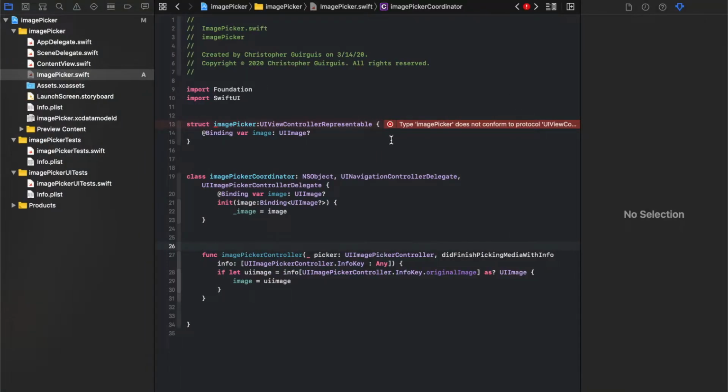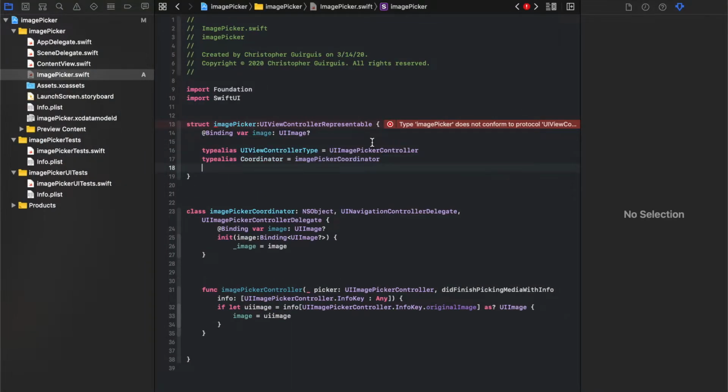Okay, so this one right here is pretty much telling us that the view controller type is an image picker controller, and this is setting what our coordinator is so that the two can communicate with each other. Okay,